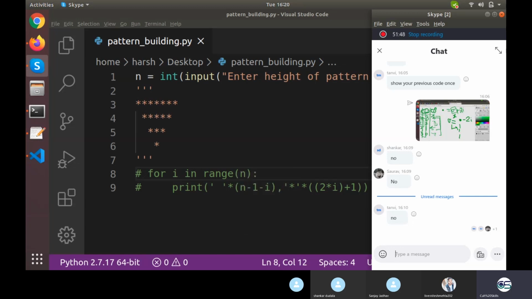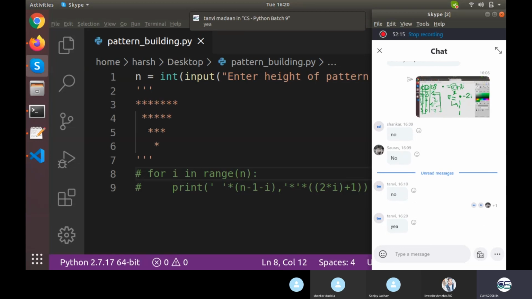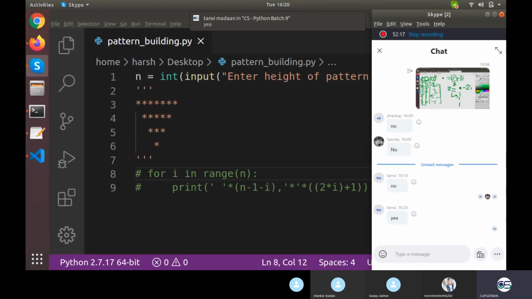So what is the progress? All of you just send me the screenshot of your code, what all you have derived, the existing code till this point. Are you able to hear me? Yeah. So send me the screenshot of whatever you have written. I won't mind whether it is right or wrong.